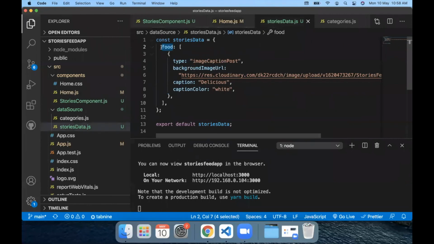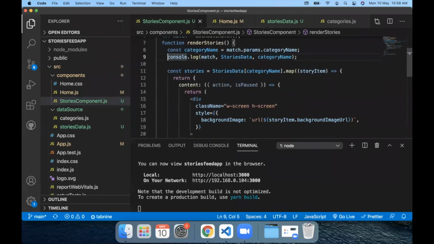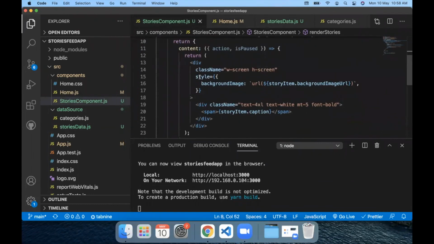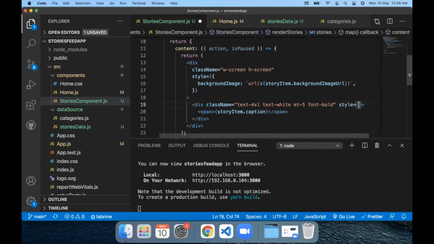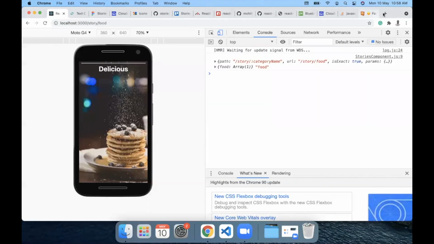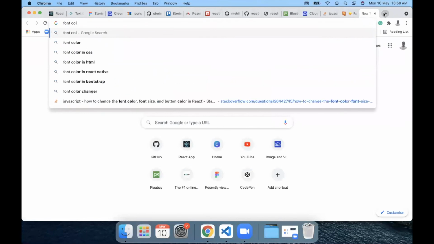Let's just add another object here so that, okay, before that, I think we need to set this caption color in our stories component as well. So in this case, again, we are going to use the style attribute and double quotes. And I think the attribute is color.